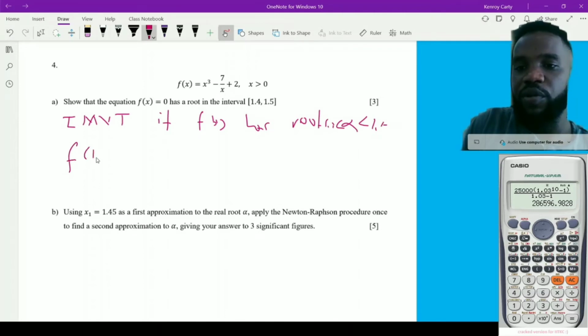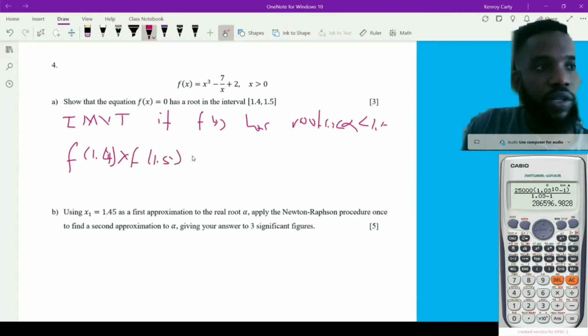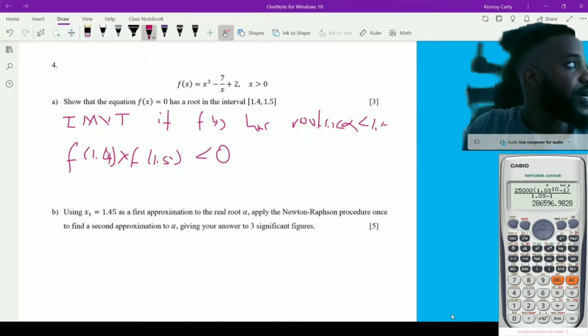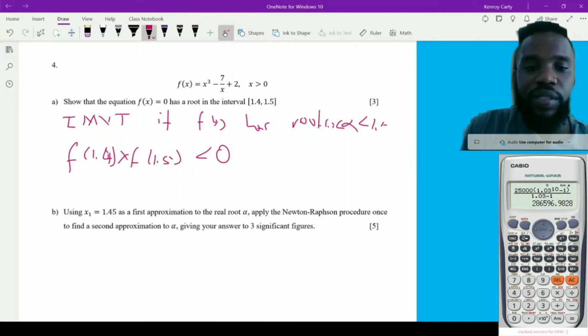then f of 1.4 times f of 1.5 is going to be less than 0. So all I need to do is find f of 1.4, find f of 1.5, and see that it's less than 0, right? Let me bring up the calculator. So this would imply then,